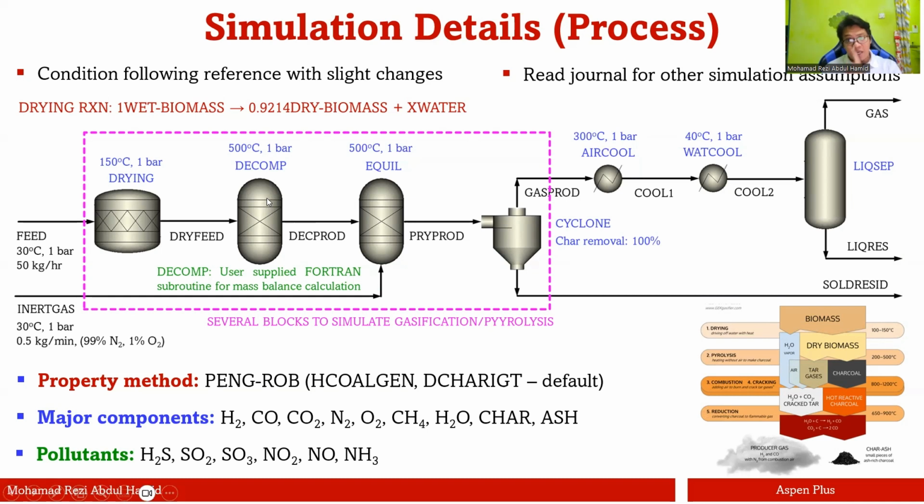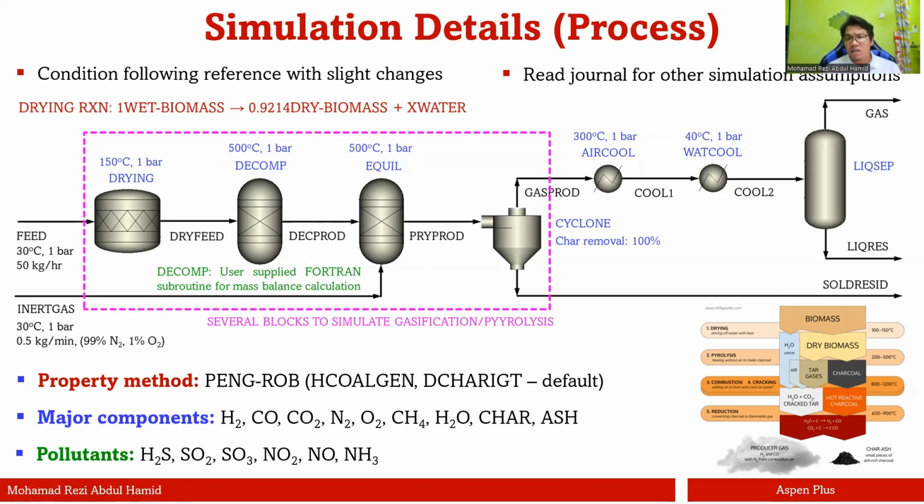In the paper's decomposition equation, they use a user-supplied Fortran subroutine for the mass balance equation, but I'm not going to use that. If you can code in Fortran, by all means, you can do that. I'm not going to do it. Then lastly, all of the gases plus char, ash, whatever, will go into this reactor